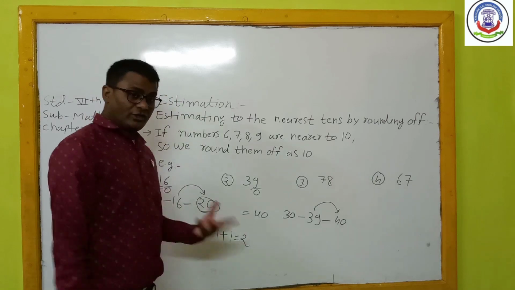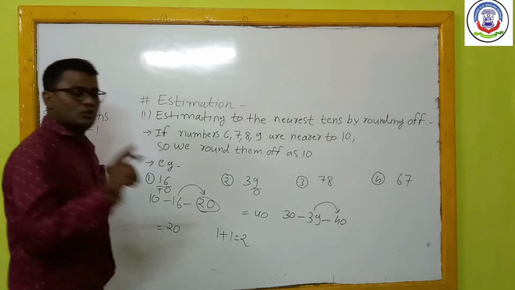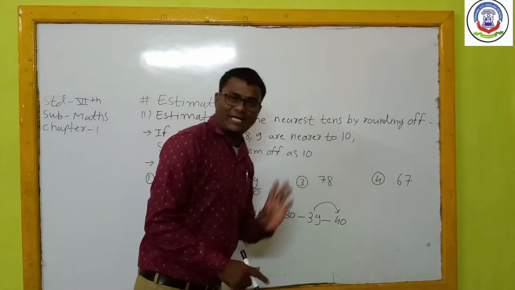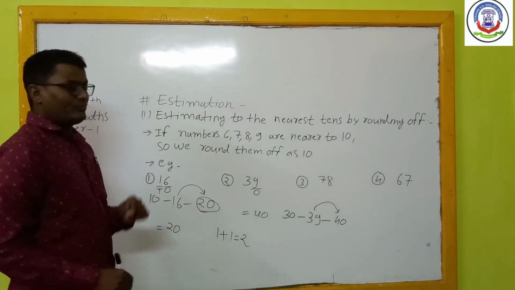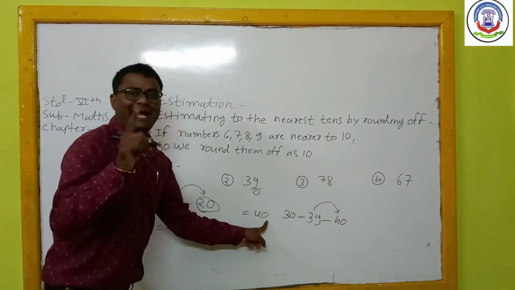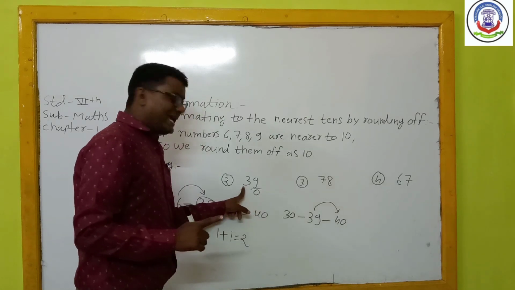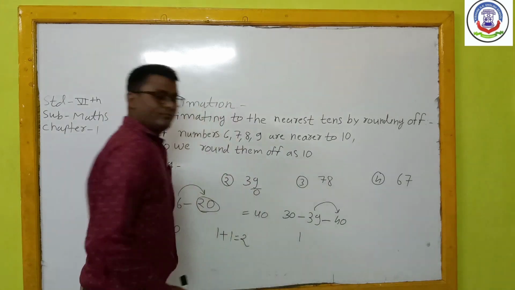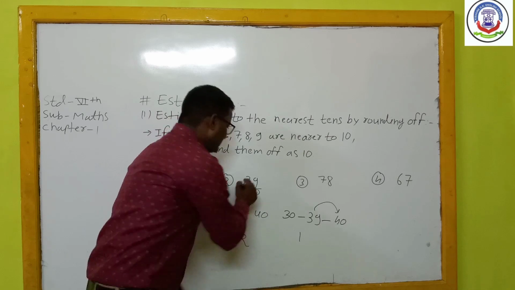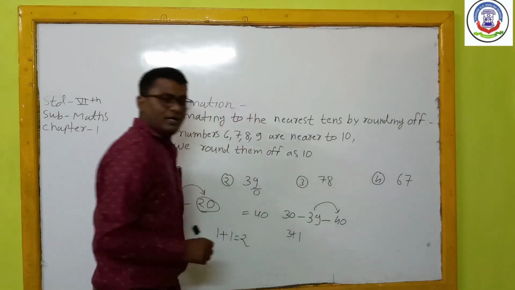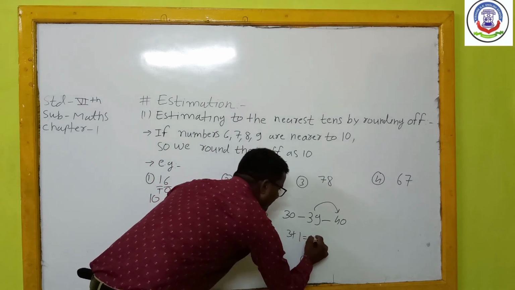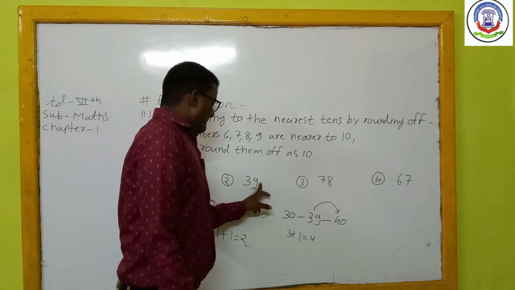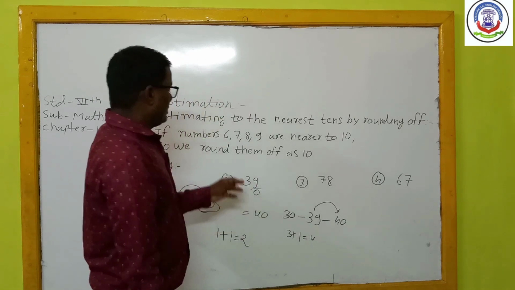Now another way, according to question 1: you can clearly see that the digit at the ones place is 9, that is nearer to 10. So I will make it 0 and add 1 to the tens place digit. How? The tens place digit is 3, I'll add 1, and it will become 4. So I'll write 4 at the tens place and 0 at the ones place,